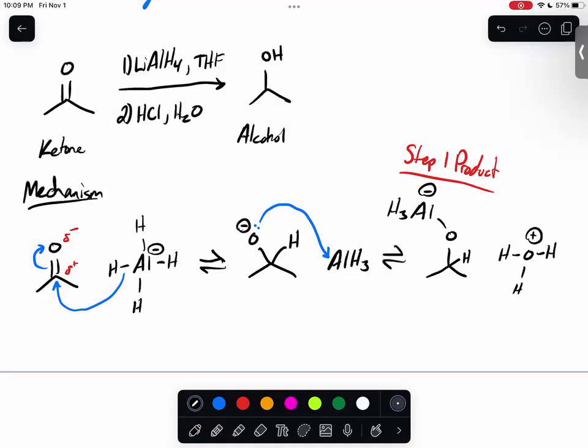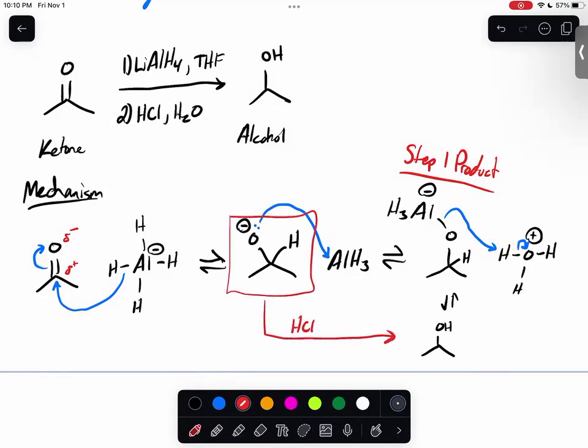And so from here, we use the electrons from that aluminum-oxygen bond, and essentially we're breaking that bond, giving the electrons back to the oxygen, and that's then doing a subsequent acid-base reaction that gives us the alcohol, right? Essentially, it's the same idea as if you took the reagent that was shown right here in the middle and also exposed it to the HCl and water. But the importance of why the aluminum's there is going to come in handy a little later. But this is how we get to our alcohol,